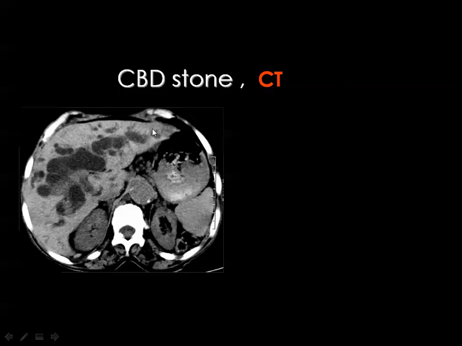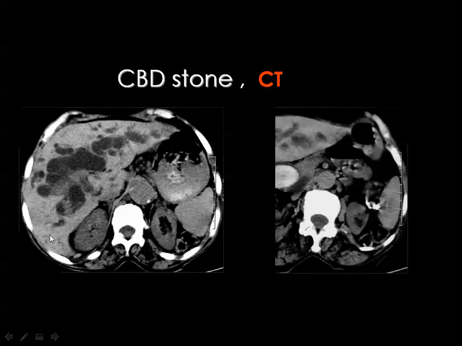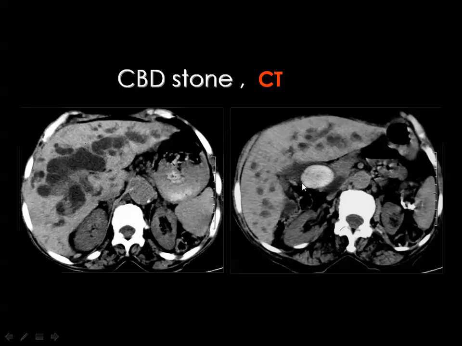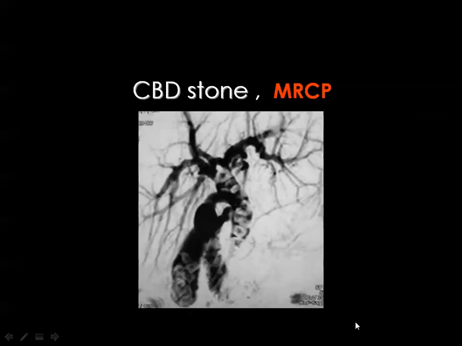Here you see severe dilatation of the intrahepatic biliary radicals in both lobes. Lower down you see a big stone in the proximal part of the common bile duct. Then you have reached the level and the cause of biliary obstruction. MRCP is one of the non-invasive tools used for evaluation of the biliary system, especially the common bile duct and